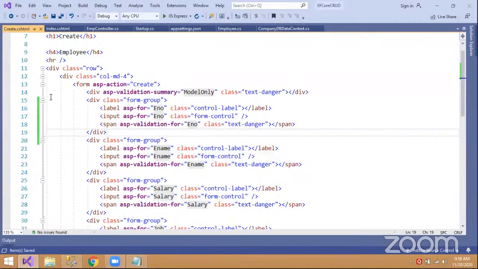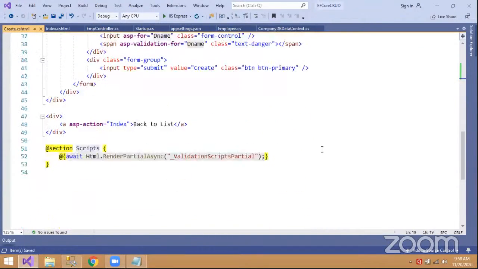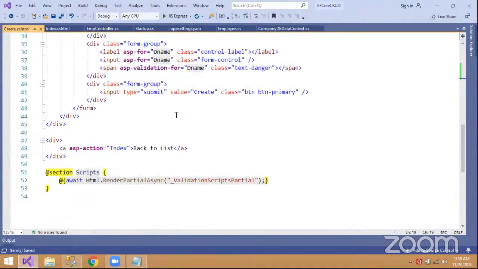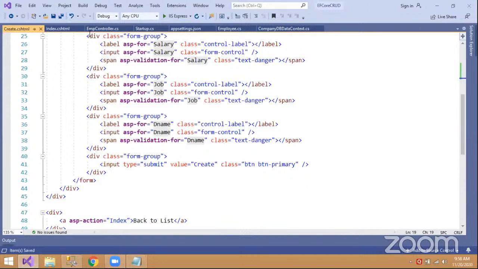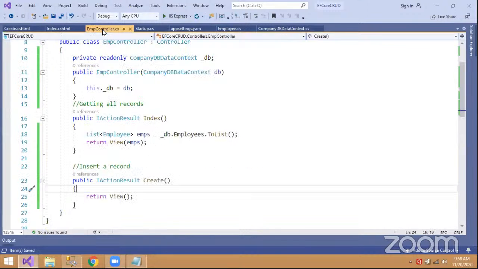HTML helper. In ASP.NET Core, we have tag helpers. These are what we call tag helpers. So I'm adding everything. Okay, fine. This is how it is going to be. Now, once the user inserts the data and I want to get this data here,